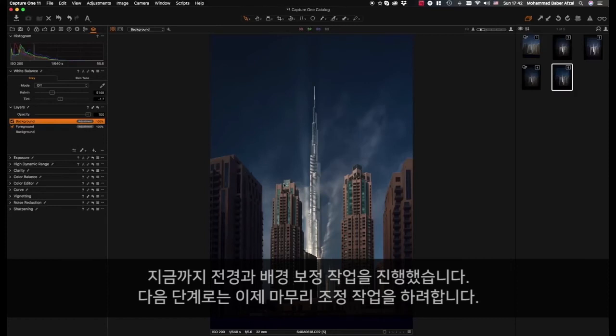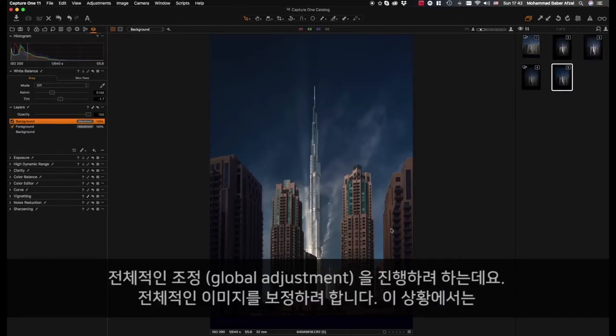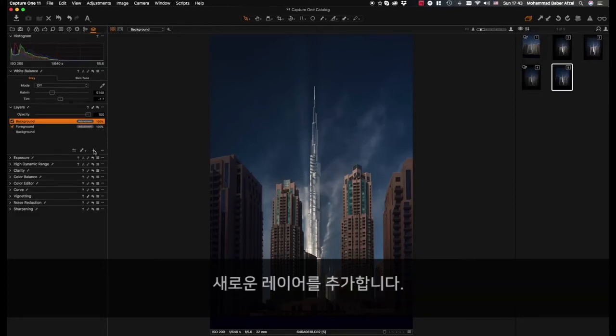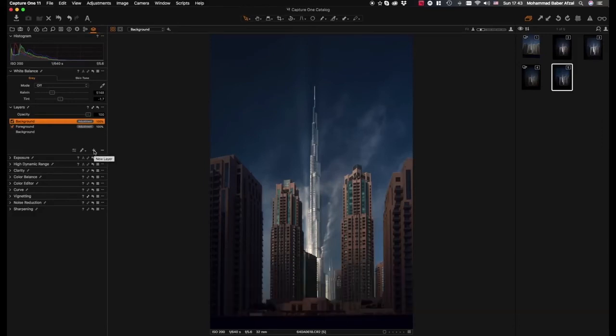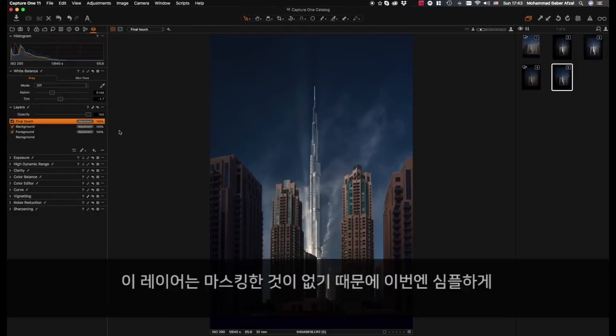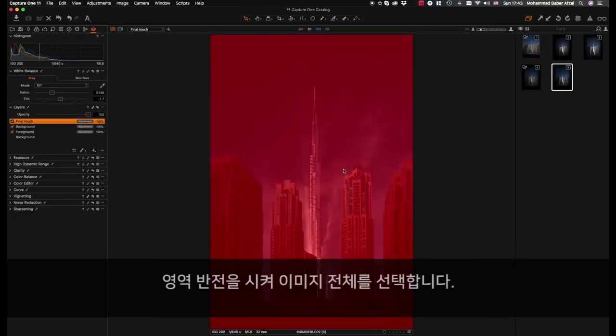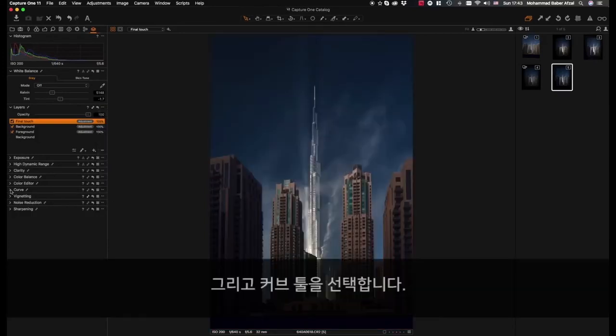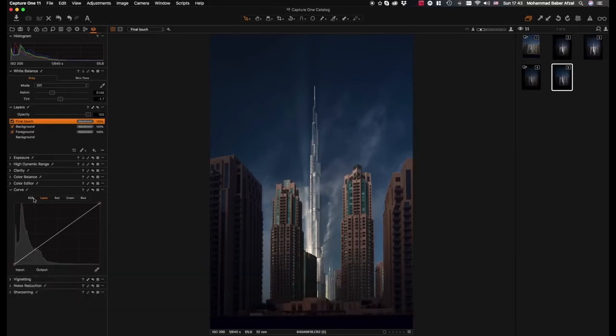Now that we've made the adjustments that needed to be made to both the background and the foreground, the next step would be to make some final adjustments to the global adjustments, so making the overall adjustments to the entire image. So in this case, what we do is we create a new layer and we name this final touch. And since we don't have a mask on this layer already, we just simply invert it so that the entire image is selected, and we hit the curve tool, and we go to